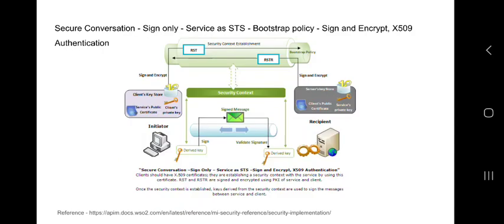So then there are some other advanced scenarios, like secure conversation, which can happen when it comes to a service and a security token service. So what does this mean? STS is security token service. And so how does this work, for example? Now, in this case, it's a sign only scenario. So messages will be signed, but before signing, what do you use the signature for? What will you be using to sign the message? So how that signature will be done is you will have your own